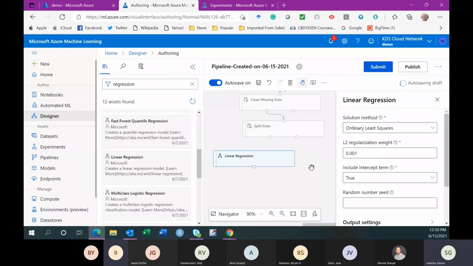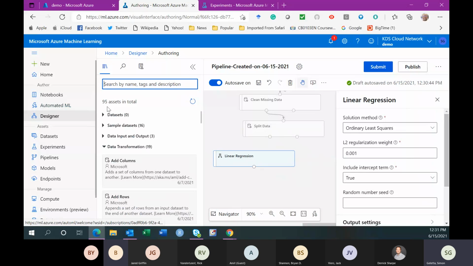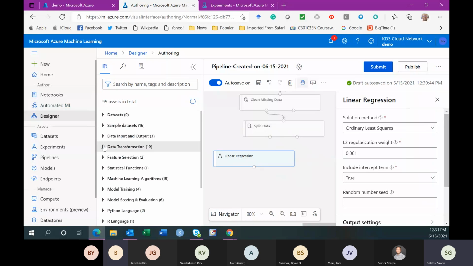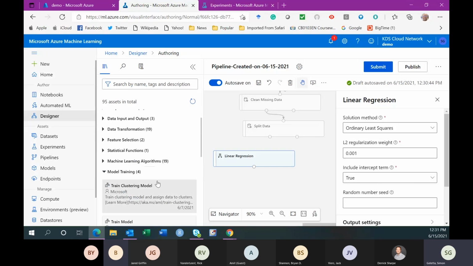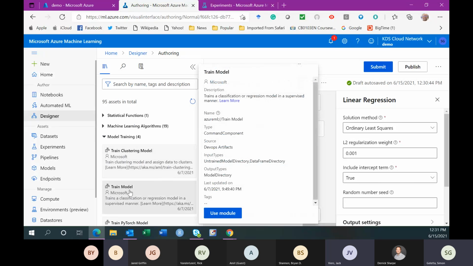Sure. So I have linear regression selected, and now I will select my training model. I will define this algorithm in my training model. So let me clear this and see if we can identify where we get it. The algorithms that I picked came from here, although I selected them up here, you find them here. And then training model, you get in here. And I'll just select train model.